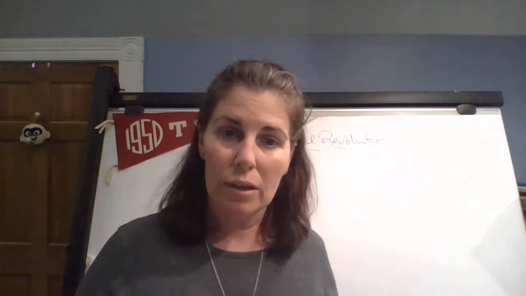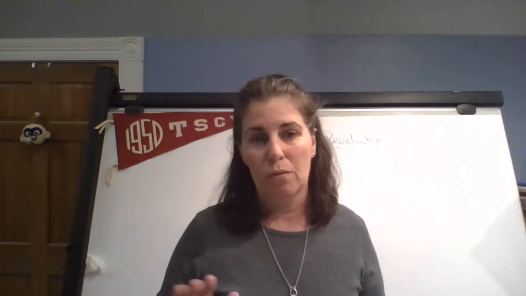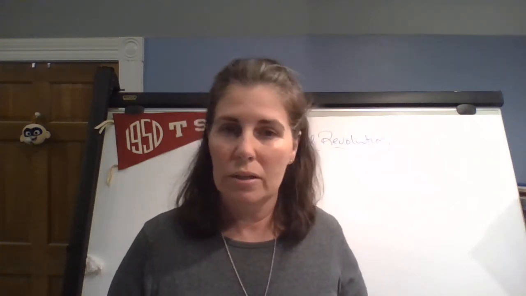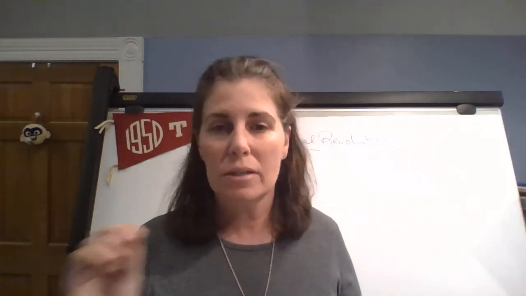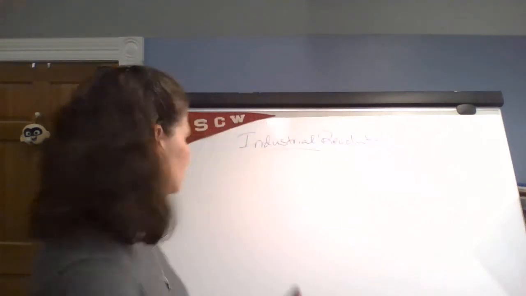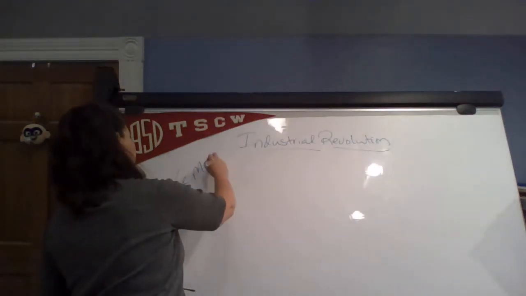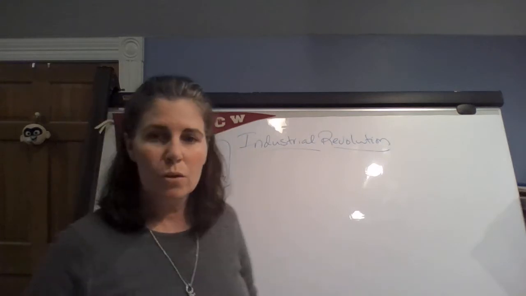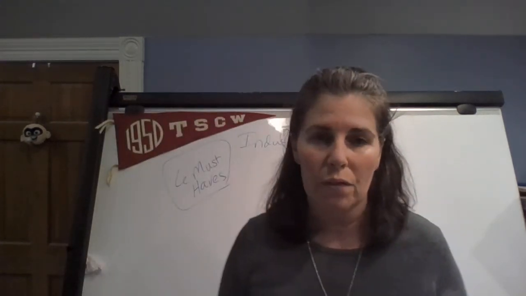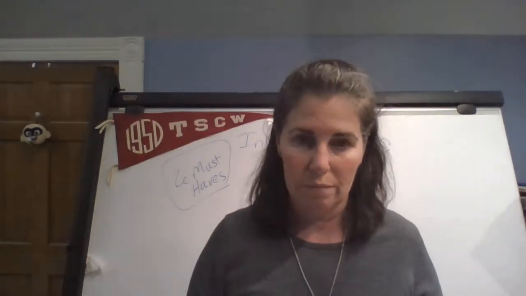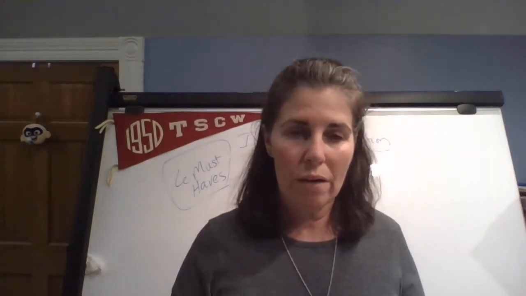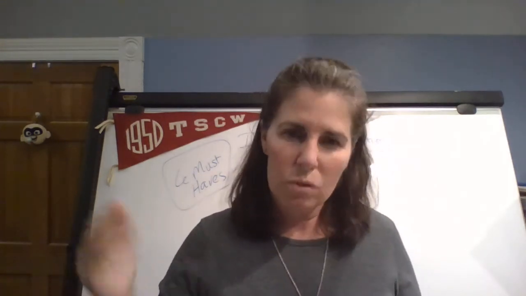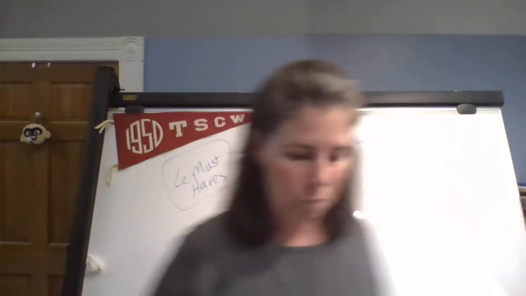So there's a number of things that must be in place even today. So if you're a business major, listen up. There's a number of things that must be in place before a country can industrialize. And there are 6 things that economists and industrialists see as kind of must-haves, right? So the 6 must-haves. So there's 6 things that you must have before you can industrialize as a nation. Okay, so we're going to go through those 6 just so you have an idea of them. Your textbook talks about them, but kind of in a vague way. So I just want to clarify so you're watching out for these things.